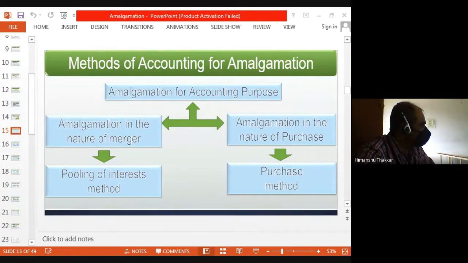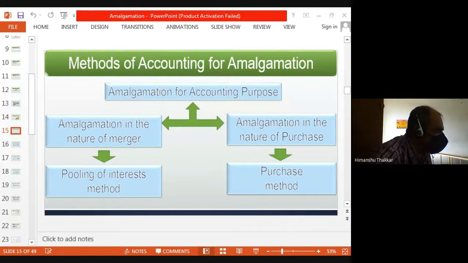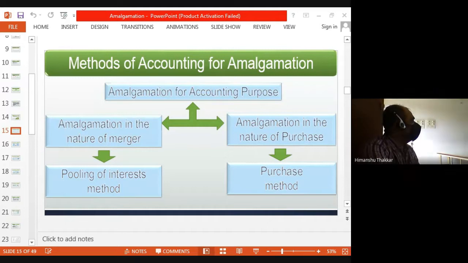Very simple. When they say debtors 60,000, 40,000, how much will you write in the new balance sheet? 1 lakh. When they say creditors 30,000, 10,000, how much will you write in the new balance sheet? Simple. This is how you will complete your entire balance sheet. Take all the liabilities, do the total and write. Take all the assets, do the total and write. Very simple. No confusions at all. So merger method is going to be very simple.